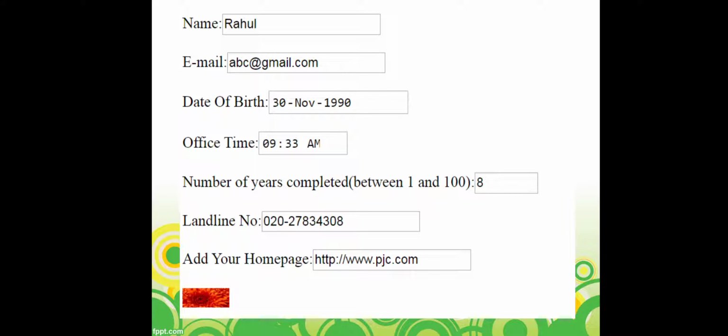Then next, here I have given purposely a landline number. In this session we had discussed about the mobile number. See students, for a mobile number there is a different pattern, and for a landline number there is a different pattern. We'll see what exactly I am talking about. And then next is what? Add your home page. Here some URL is expected. So that text box which accepts a URL. And last is what? It is a submit button, but it is not a simple button, it is an image which acts as a submit button. So this was the question.